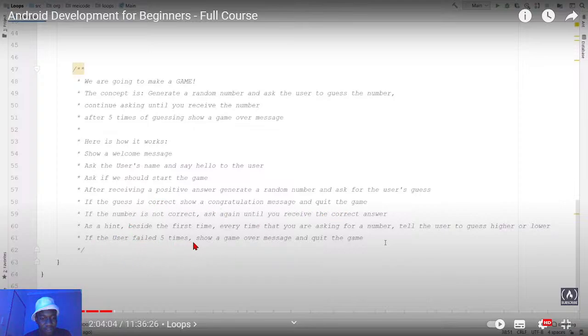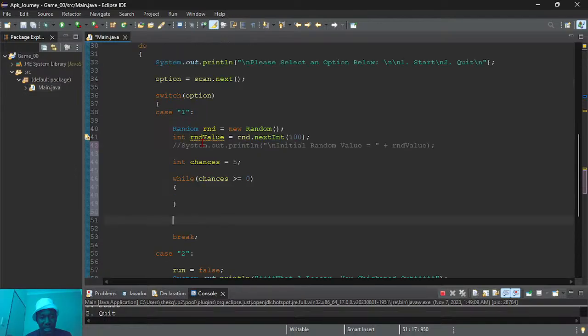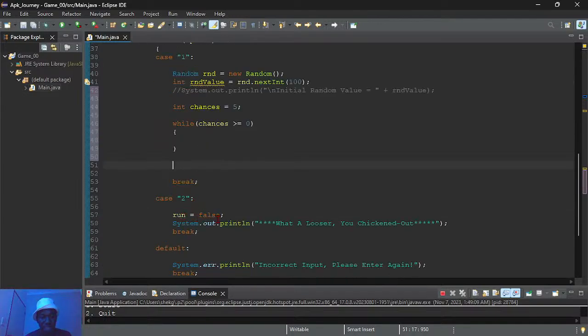If the user failed 5 times, show a game over and quit the game. So if the user had 5 chances and ran out of them, then this is supposed to happen outside of the while loop. Quitting the game is basically turning the run into false, just like how we did here.